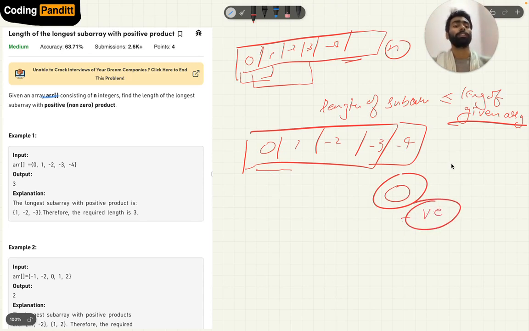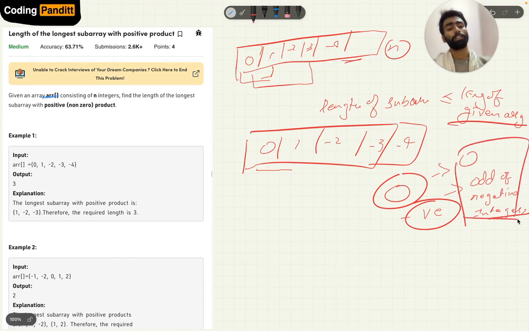Anything multiplied by 0 is zero, and a product of integers is negative only if it is multiplied with an odd number of negative integers. So we need to keep track of only this, and we will obtain the maximum length of the subarray having a positive product.